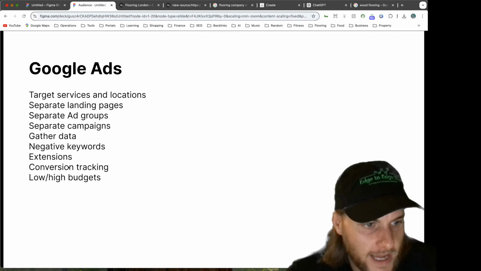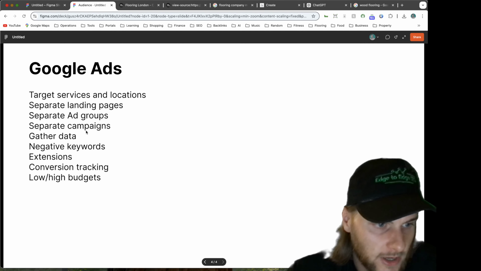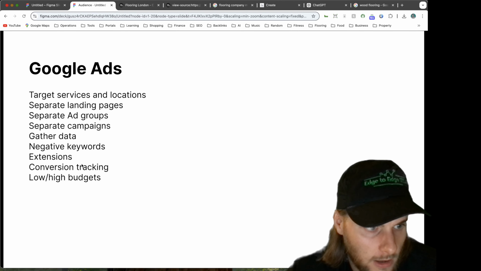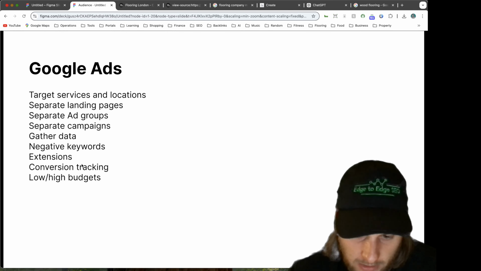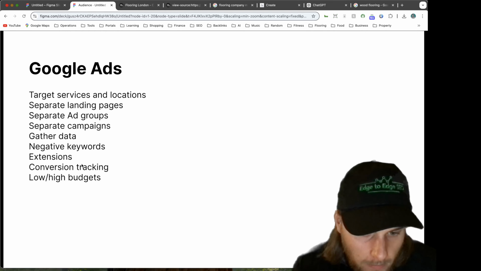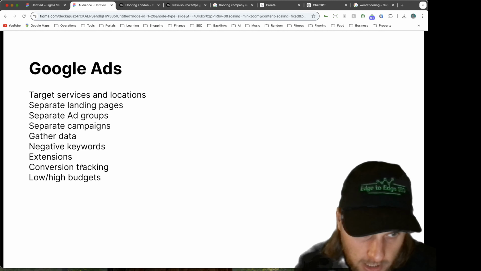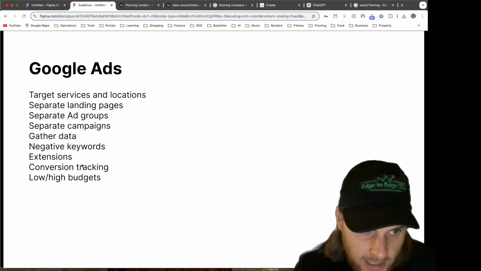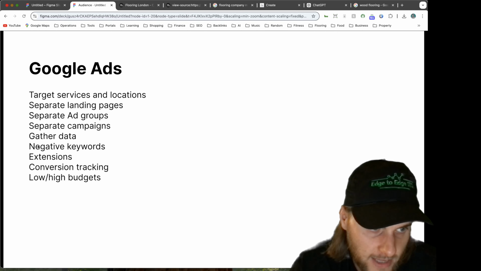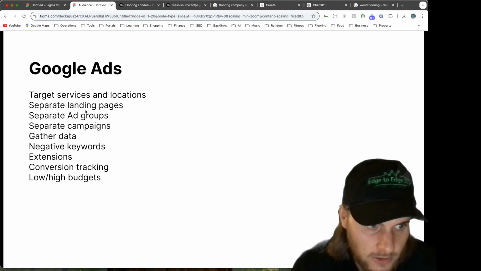Conversion tracking. That is also another very important part of Google Ads. If you're not tracking conversions, you're basically not telling Google what leads are actually good quality leads. Google is going to see what keywords you've been picked up for, and what keywords have actually converted. If you're adding negative keywords, but not doing it to the keywords that you've got conversions on, then Google's going to see that the keywords that are converting are the ones making you the most money.